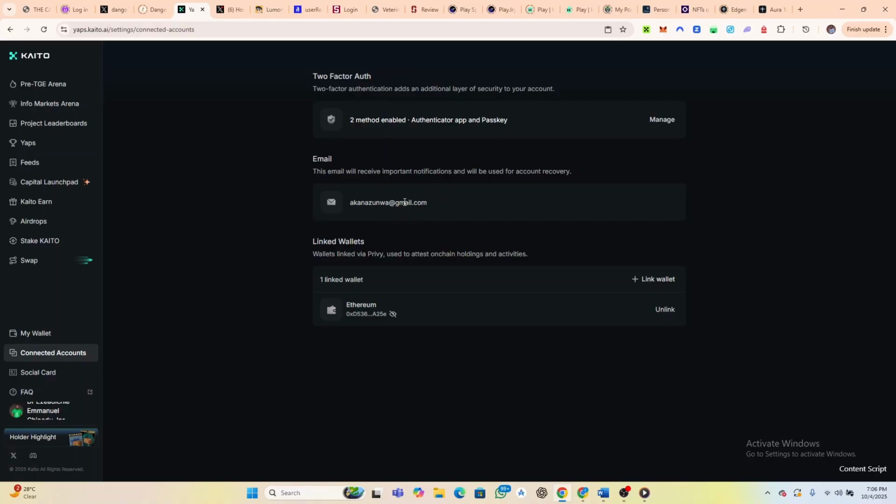This email address binds your Kaito account to you forever. So even if your Twitter account is blocked, by recovering this Kaito account, you can change your Twitter and keep getting all your Kaito rewards intact. So nothing is lost on Kaito if you do it the right way.